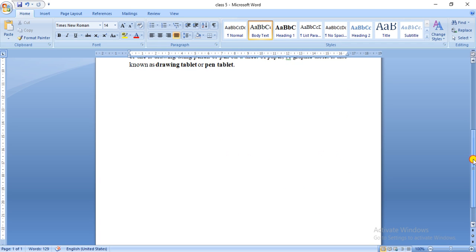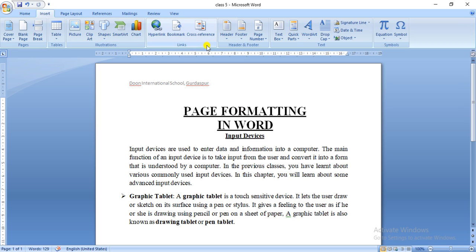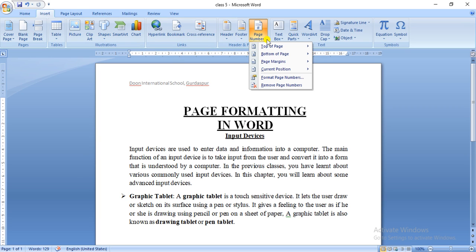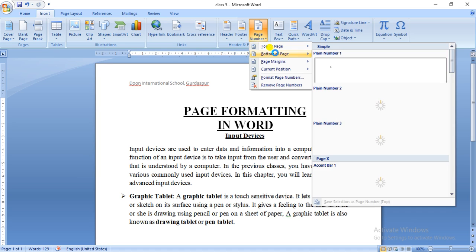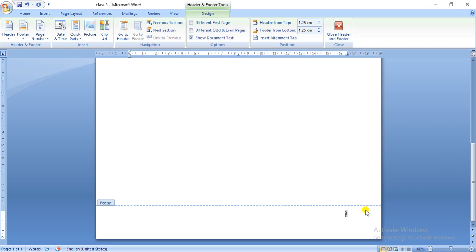Now let us see how to insert a page number to your document. For this, go to the Insert tab and click on the page number option present in header and footer group. So as soon as you click, you will see a drop down list will appear. Now select the suitable option present in the drop down list. So I will select at the bottom of the page and the third option. So you will see the page number will get inserted according to my desired style. So you can click on escape, or you can close the header and footer.